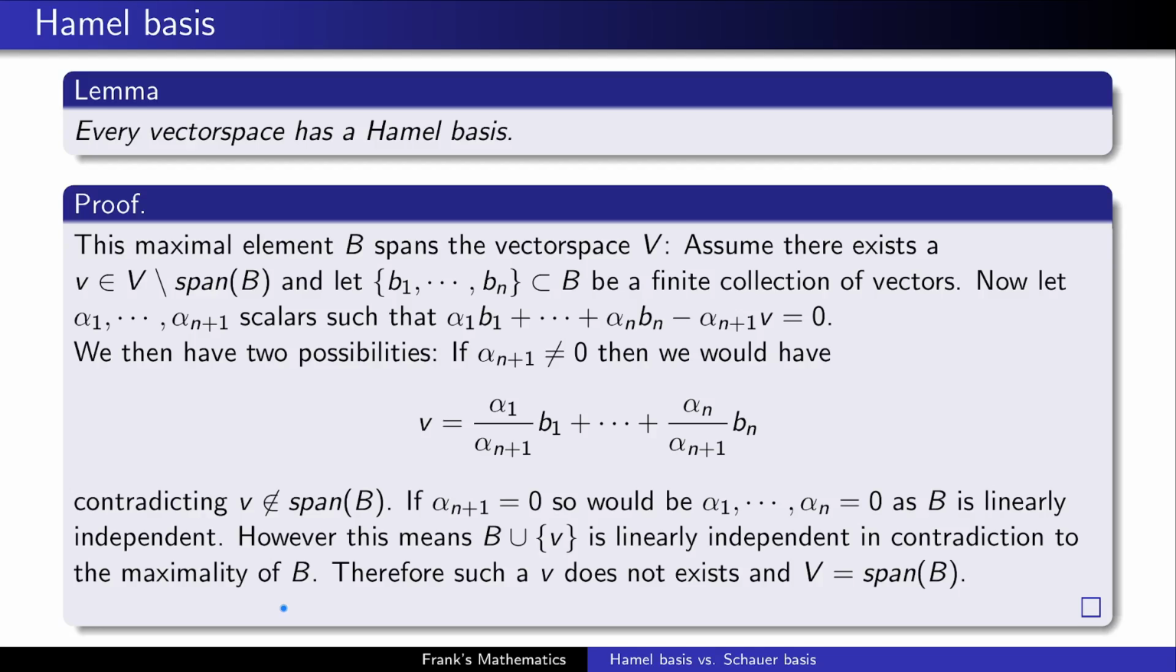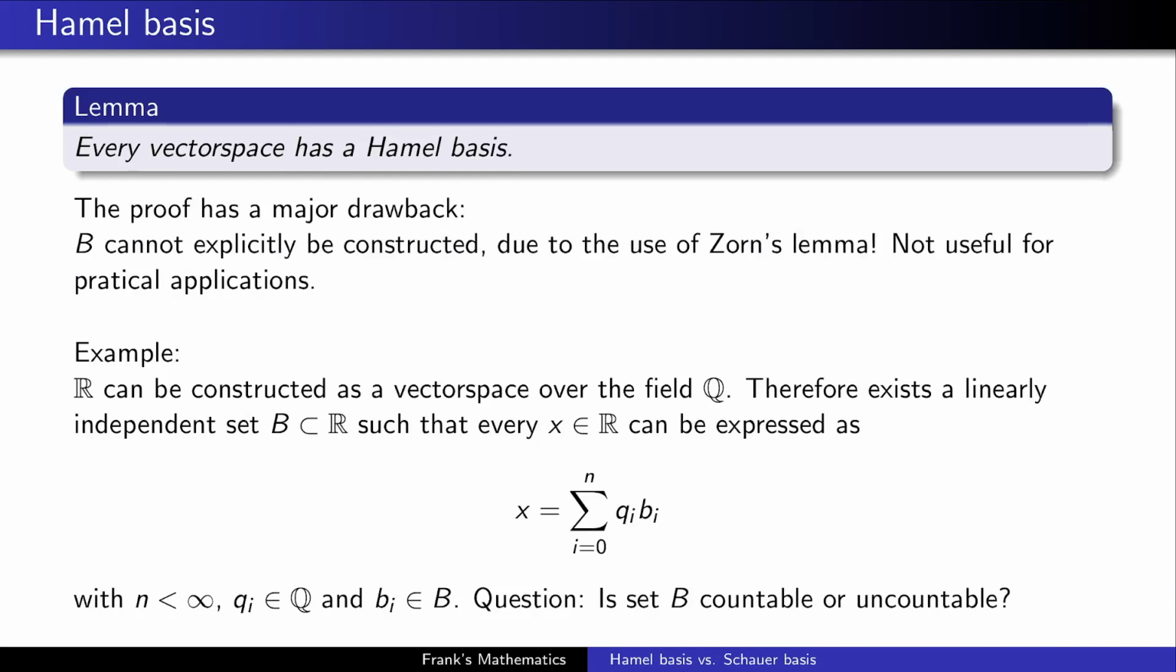So, concluding, we have checked all possibilities, we have led all possibilities to contradiction, therefore such a V does not exist. And therefore V spans the whole vector space, and this now finishes the proof that every vector space has a Hamel basis. Since we have used the axiom of choice in the form of Zorn's lemma, the set B or the Hamel basis cannot be explicitly constructed,